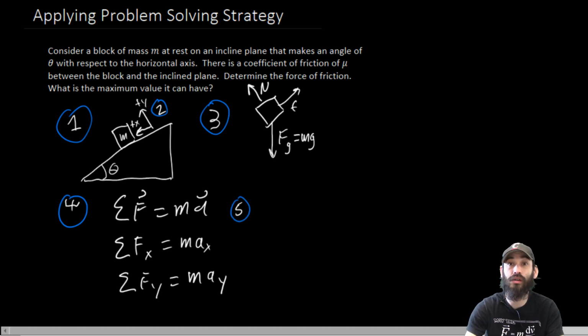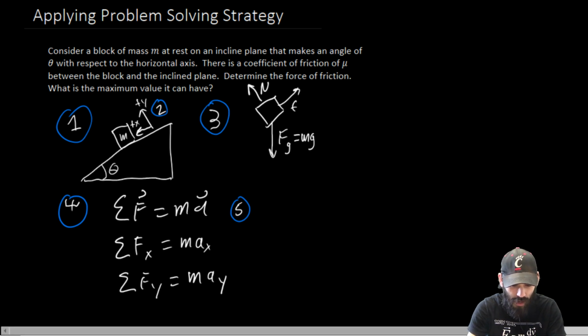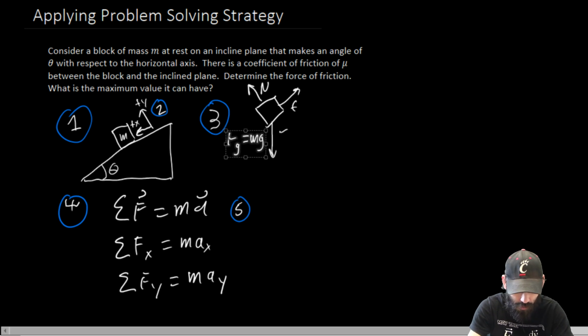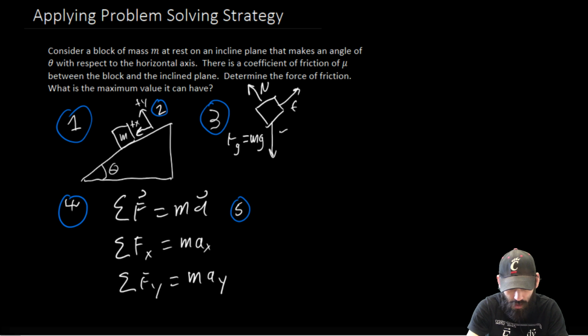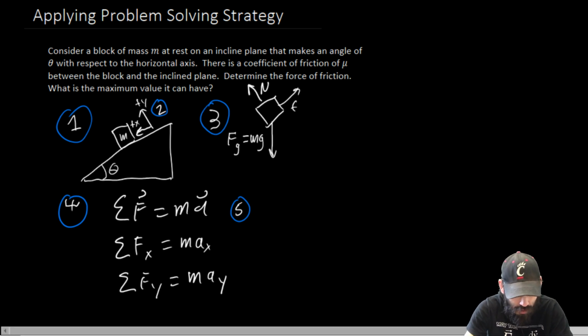So when we're looking at our sum of forces in the x direction, we need to consider the fact that our force of gravity is actually going to have components along the x direction and components along the y direction. And so what that means is we can include some components. This is going to be the y direction, this is the x direction, and ultimately this is going to be the